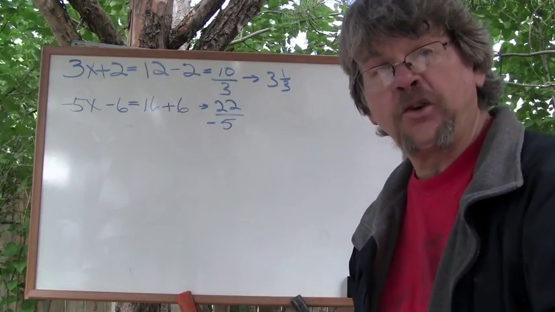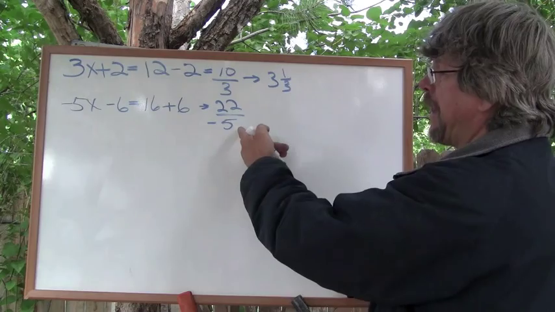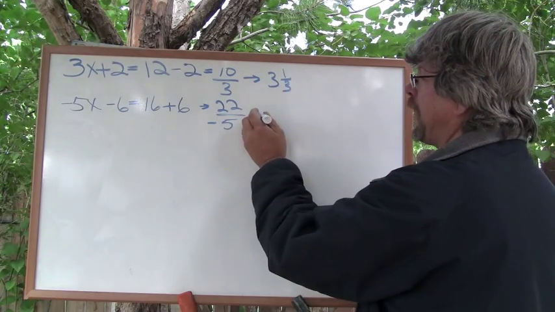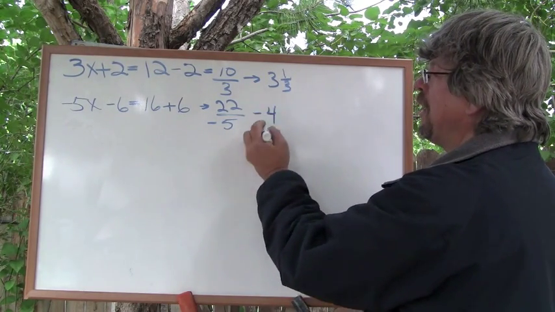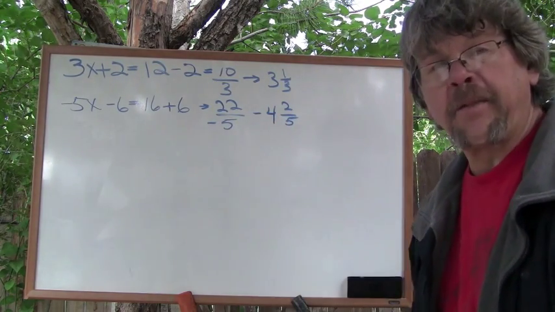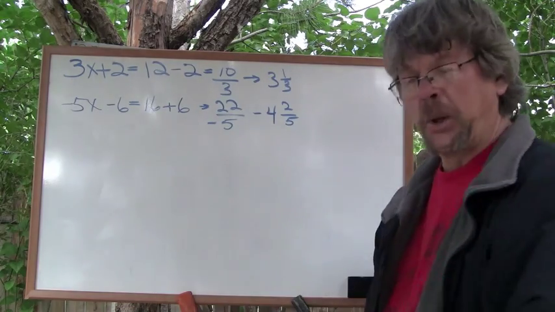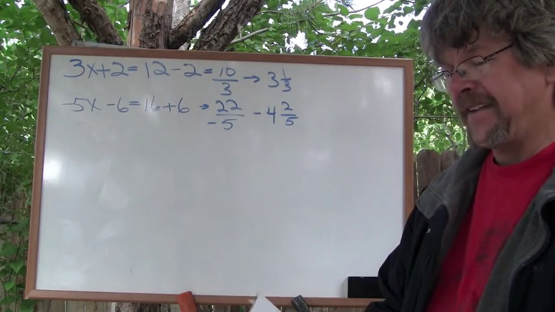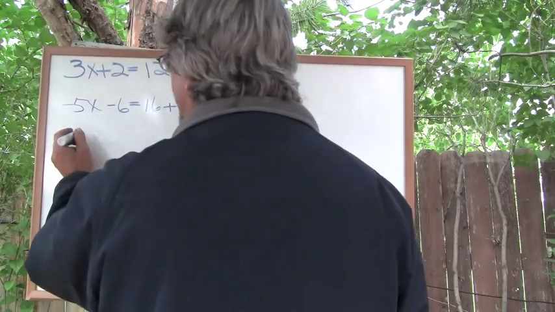If you want to put it into a mixed number, you divide the denominator into the numerator, so that's going to be a negative 4 and 2/5. That's the mixed number as opposed to the fractional equivalent. It's that simple. If you have half